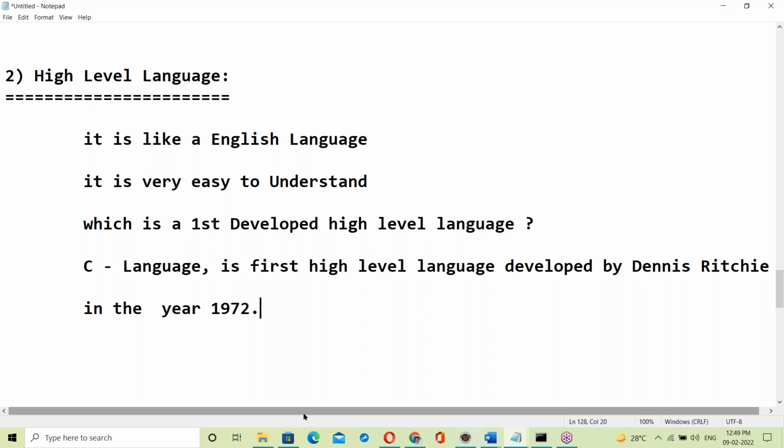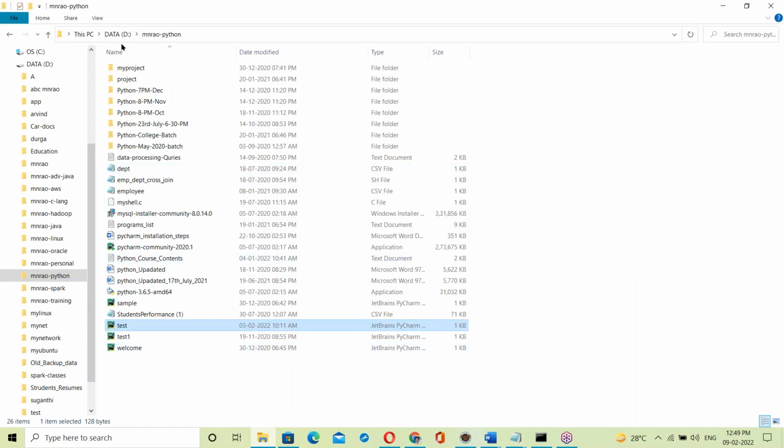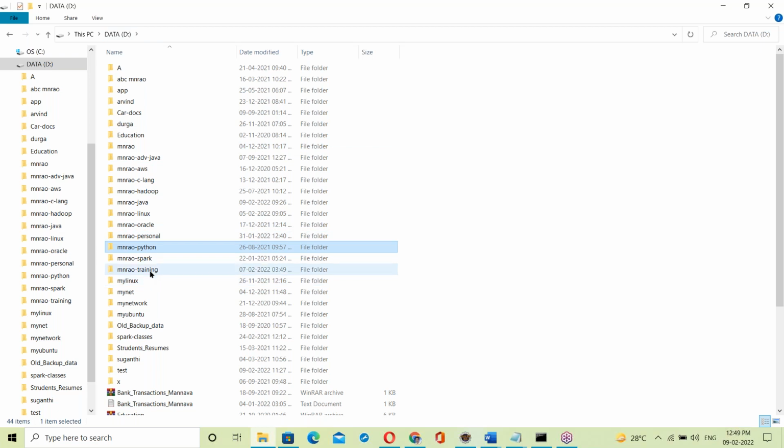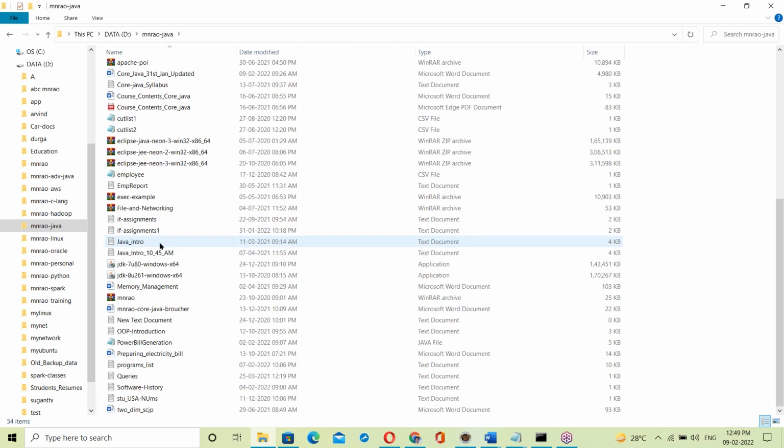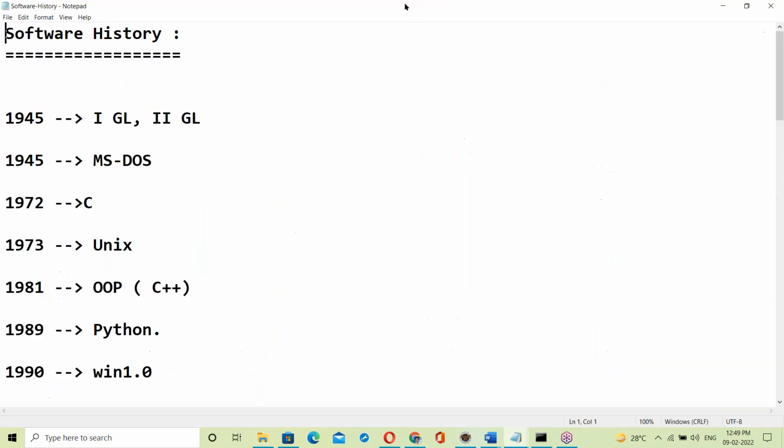One day I will explain that history also. I think I recently explained the software history for one batch. See, I know every software. I started my career in software, engineering from 1993 to 97. Before '93, we did not have many softwares. In the 90s, software development started here. Okay, that is the software history.